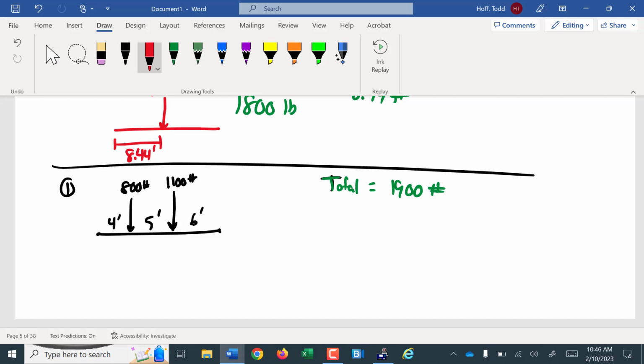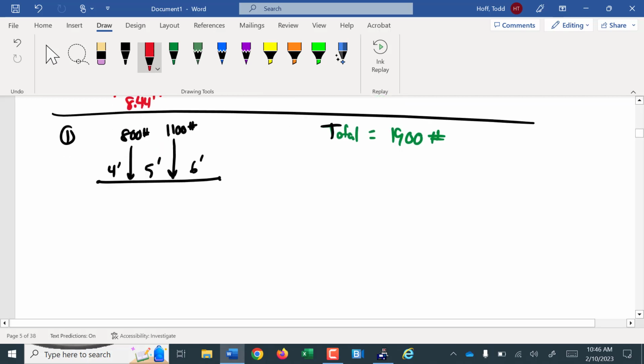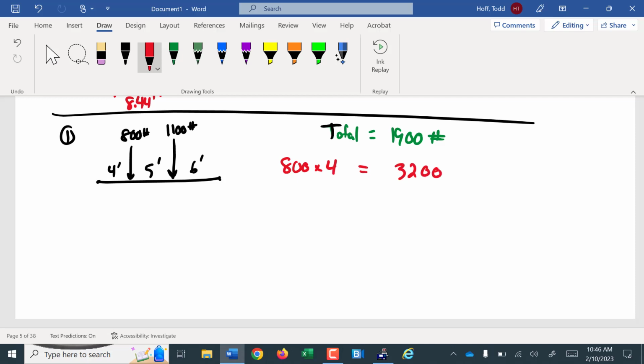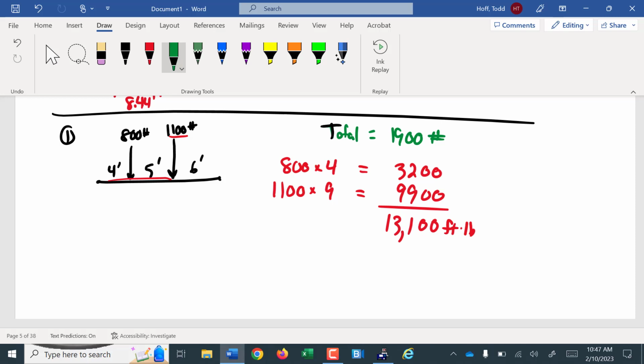So now I need to find my average distance to that for my center of mass. So I start with the 800-pound load times what? Times 4. So 3,200. Then what? 1,100 times 13. Times 9. There we go. 1,100 at 9 feet. So it's 9,900. So we add that up to get 13,100 foot-pounds is that total moment or rotation. Then we just divide that by the 1,900 pounds of total weight,